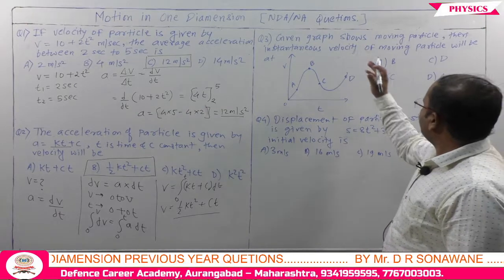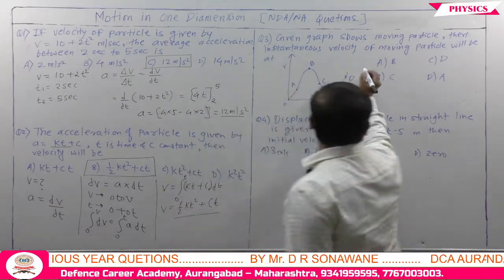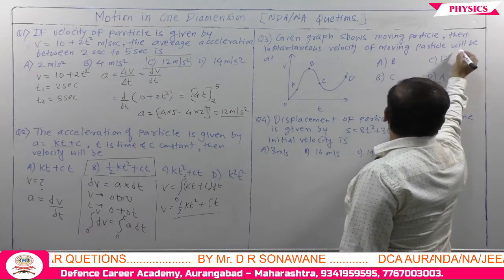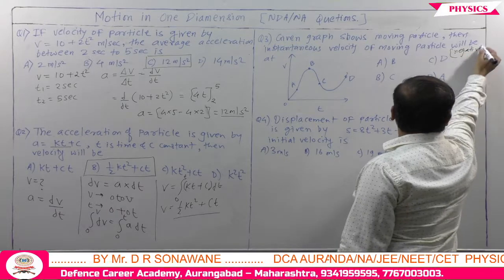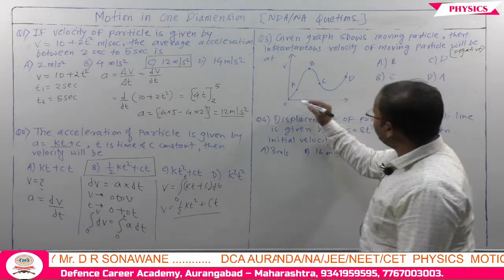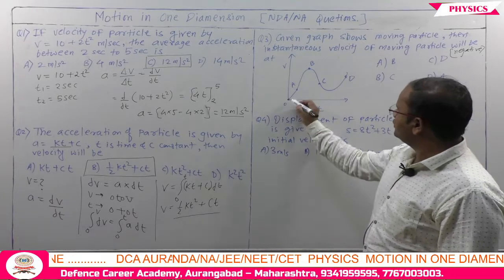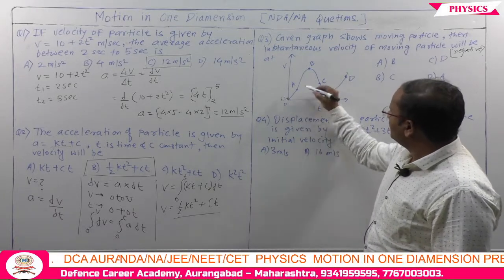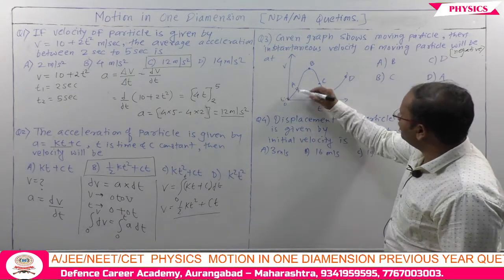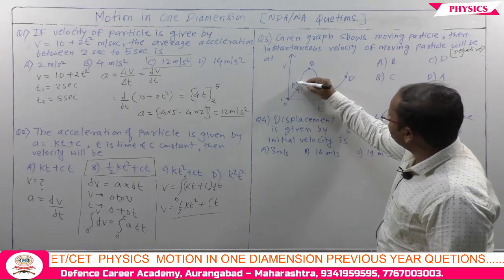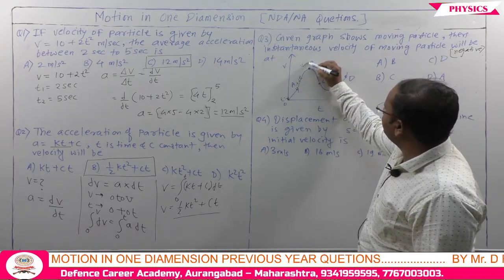Okay, so for calculating instantaneous velocity, one is remaining here. The question asks when the instantaneous velocity of the moving particle will be negative. If we say the particle is starting from the initial point t equals 0 and moving upward, the graph is moving upward, it means velocity is increasing. Here velocity is positive, and here velocity is maximum, that is a positive value again.